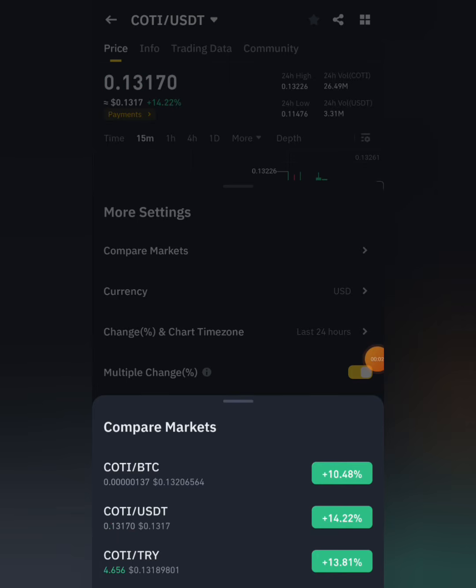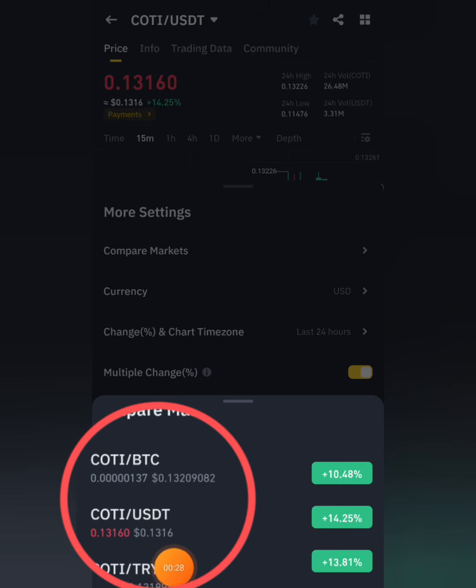Whenever you select it, you check if that particular coin is trading paired with either the BTC, the ETH, the USDC, the FDUSD, or the TUSD. These are the markets I look out for to perform a triangular arbitrage. This particular one is trading paired with the USDT and the BTC. If you look at the price right here, you can see that that of the USDT is 0.1316, meanwhile that of the BTC is